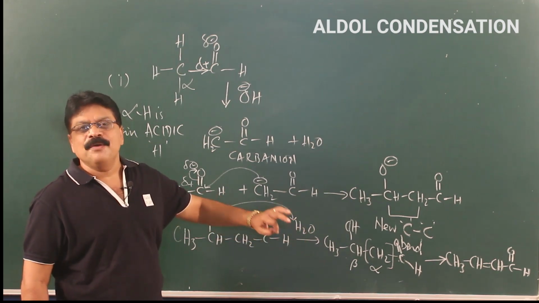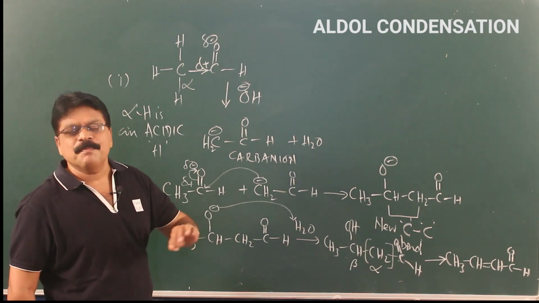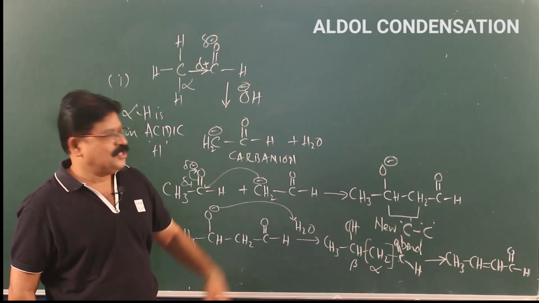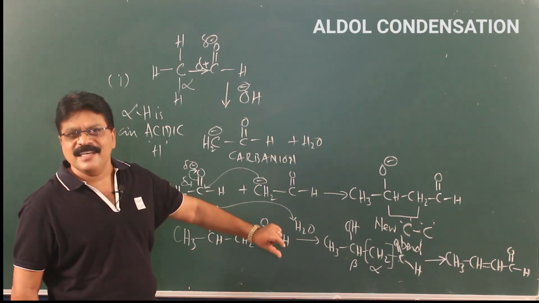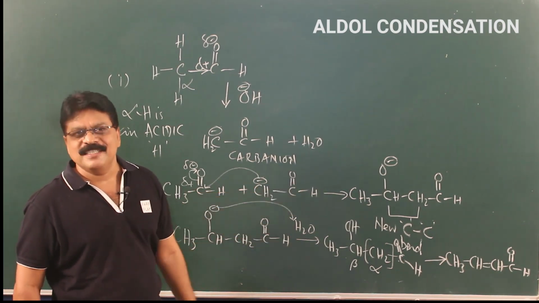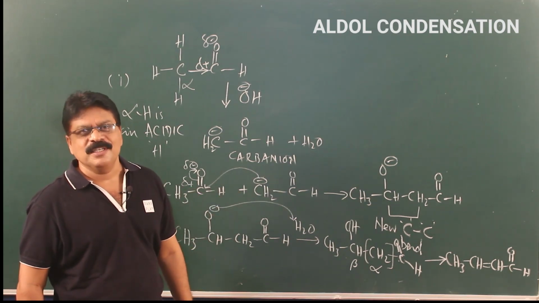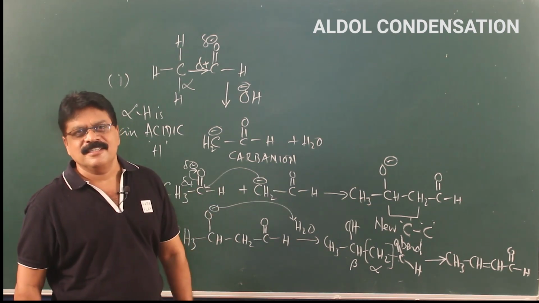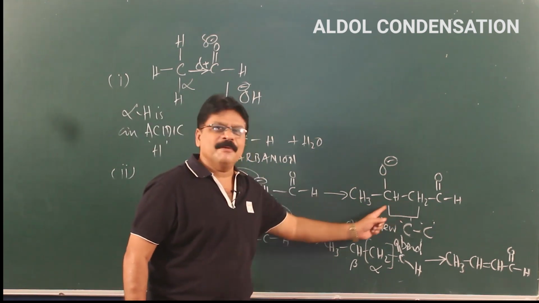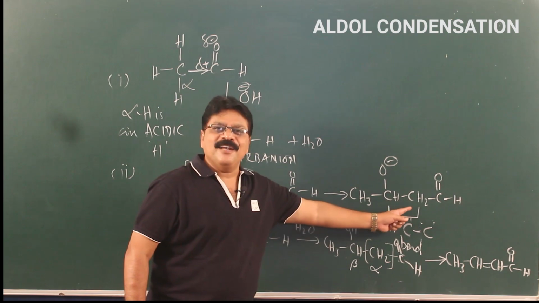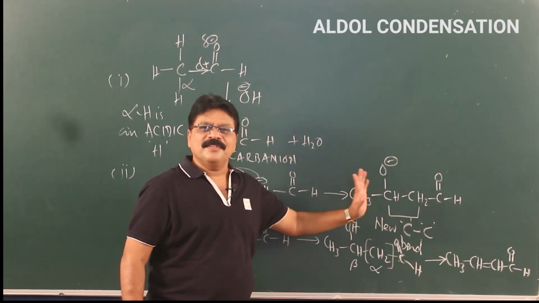And these are very, very important synthetic tools used for preparation of a large number of compounds, because CHO can undergo a lot of nucleophilic addition reactions. C double bond O is a very reactive group. You can carry out a lot of addition reactions there. Therefore, you can make innumerable organic compounds using this reaction. That is its significance. The main important thing is that a new carbon-carbon bond is established between the alpha carbon of one aldehyde and the carbonyl carbon of the other aldehyde.